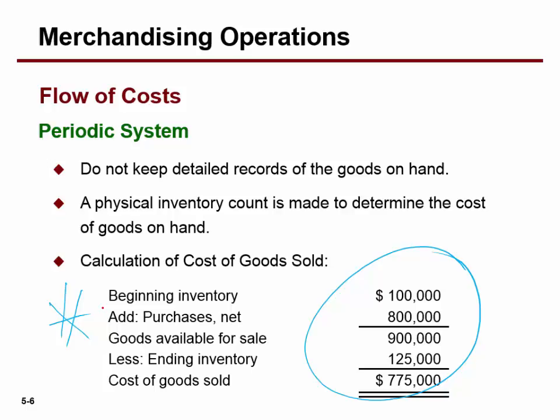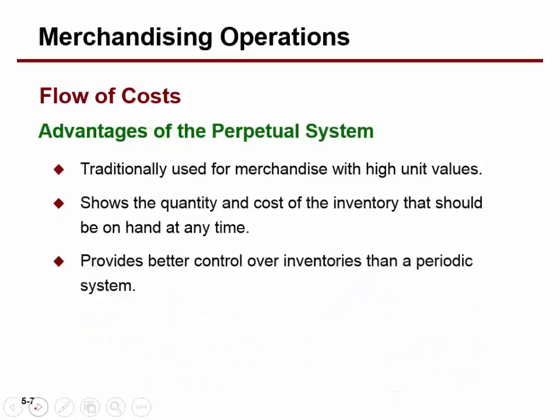Okay, good. Let's take a look at the advantages of the perpetual system, and basically it provides better control. Oh, by the way, sometimes students will say, so under the perpetual system, you don't ever have to count the inventory. Is that correct? No, it's a good internal control to count the inventory regardless, to make sure that the physical count matches what the accounting records are saying, even in the perpetual system, because if you don't, guess what's going to happen? By the time you get around to counting it, you'll see people walking around their warehouse like this, and it's not because they're doing a Michael Jackson tribute.